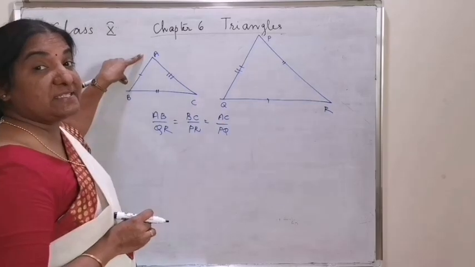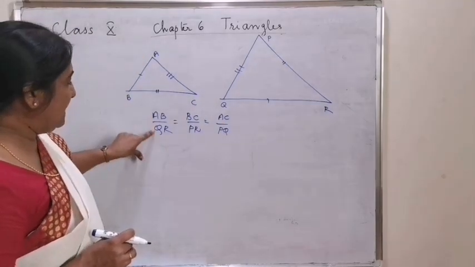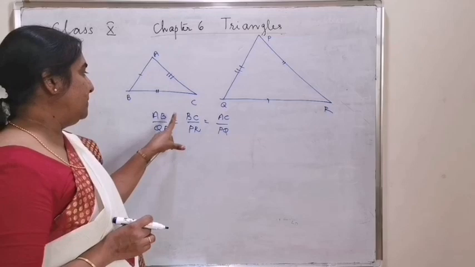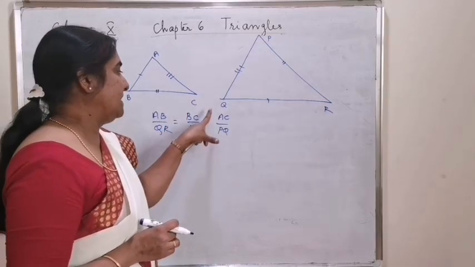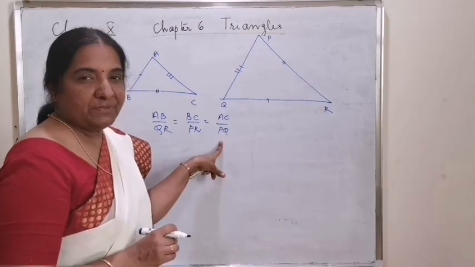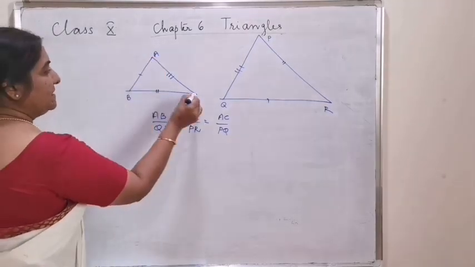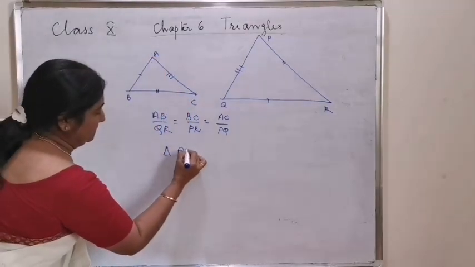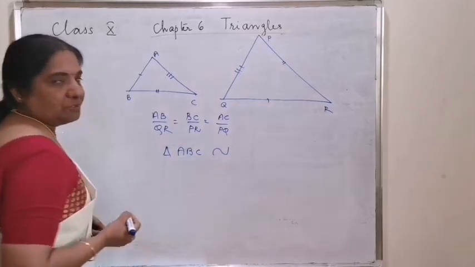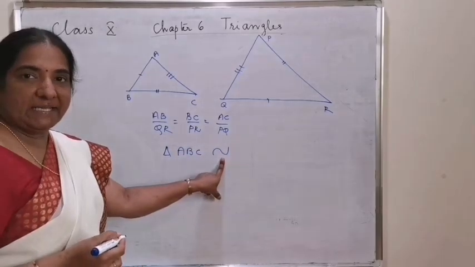The ratios of the sides are AB by QR is equal to BC by PR is equal to AC by PQ, which shows that triangle ABC is similar to, this is the notation of similarity,